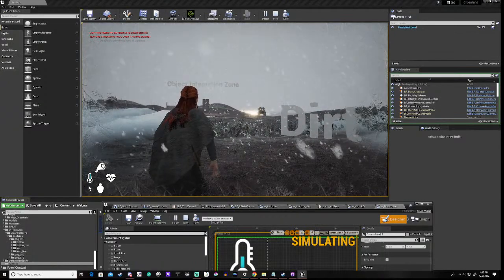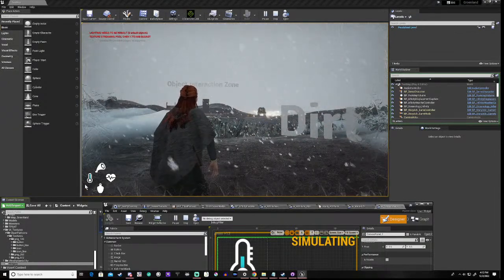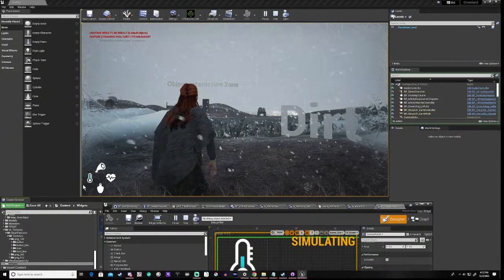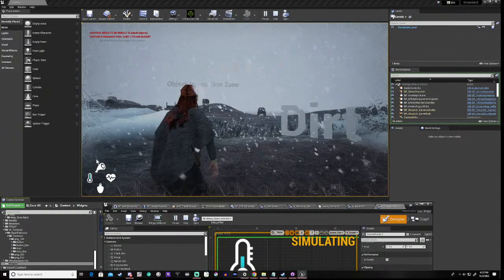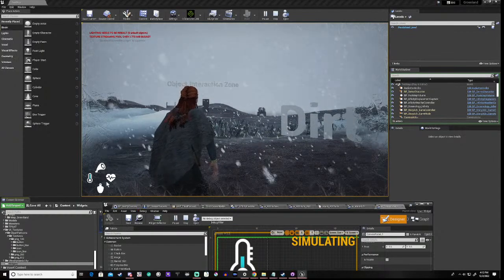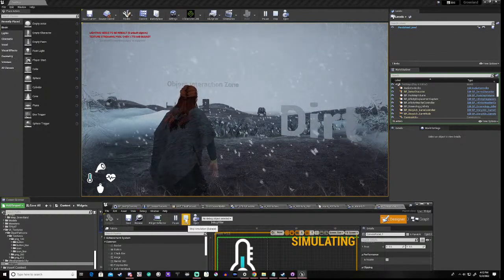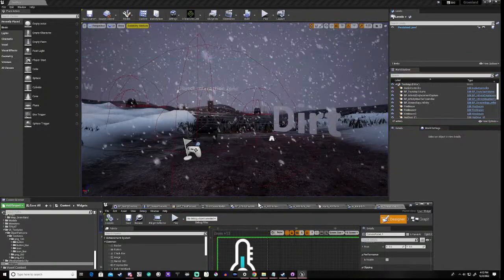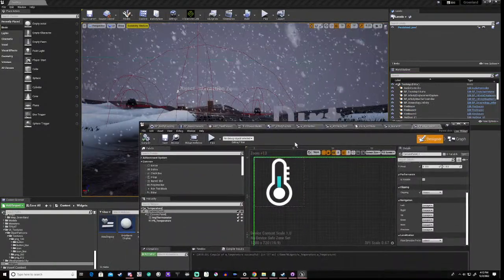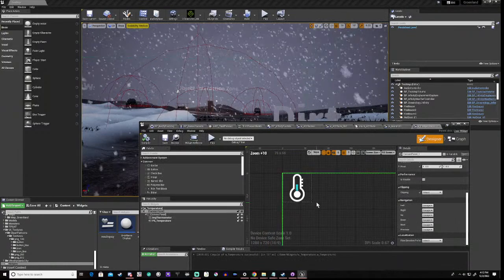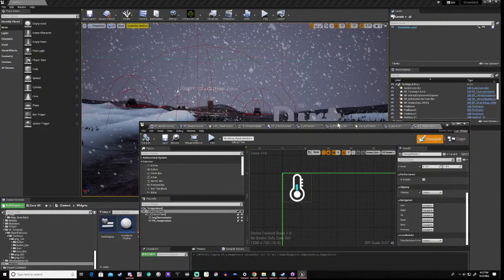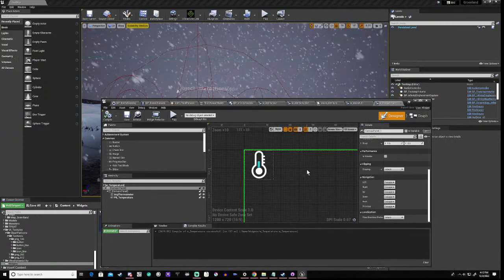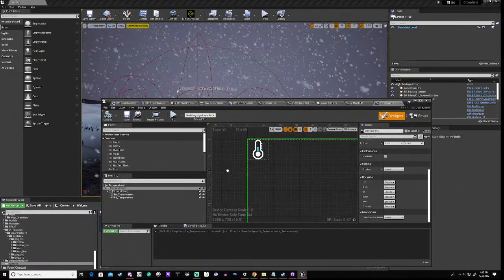And what you're going to do is put the temperature down here. Okay, now the other ones are going to have radial bars around them. So we're going to have to work on that. But in theory,